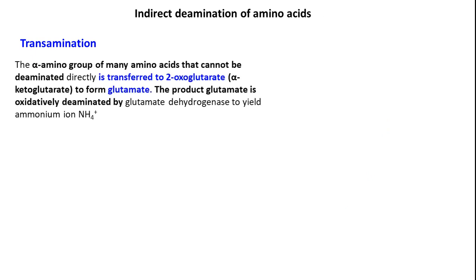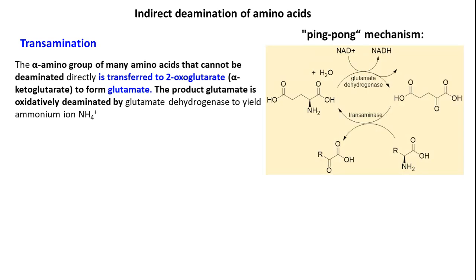Most of the nitrogen is eliminated from our body through transamination type of reactions only. Okay, so now let's see the simple mechanism over here. This is what we call the ping pong mechanism. The reason is, as I just mentioned in the last slide, the glutamic acid that we have over here gets deaminated. So thereby ammonia is going to be eliminated, and you are going to get alpha ketoglutaric acid.